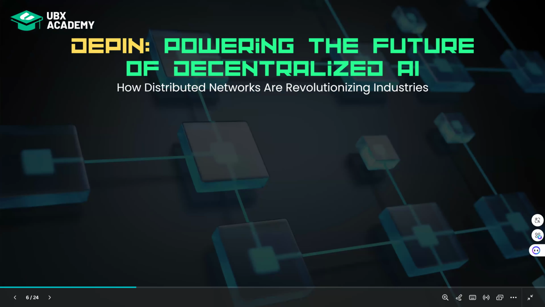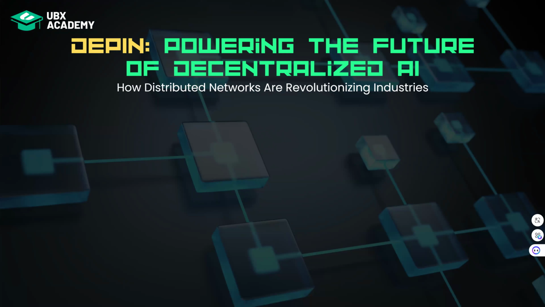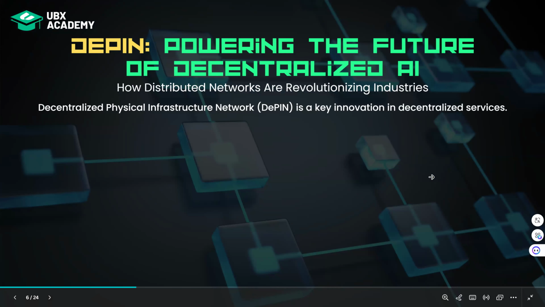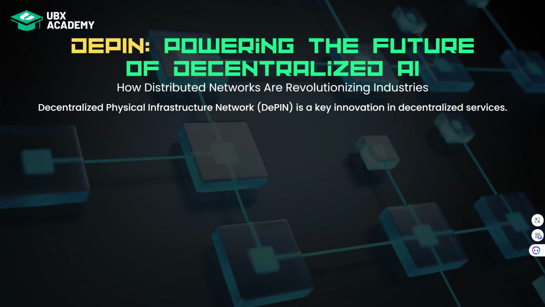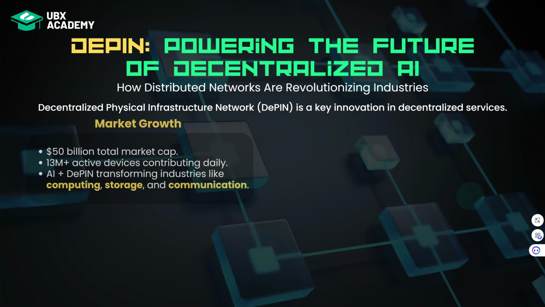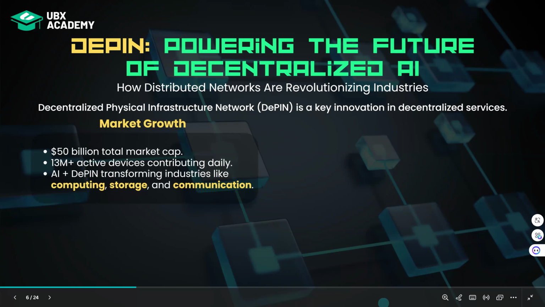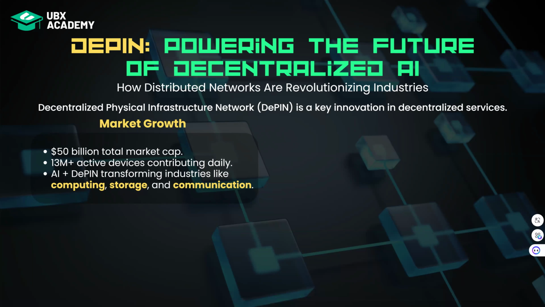So as we look towards the future of technology, one theme becomes very clear. The combination of decentralized infrastructure and AI is reshaping the way we build, connect, and innovate. At the heart of these transformations, there is DePIN, which means decentralized physical infrastructure network. It's a key innovation in decentralized services. DePIN actually bridges the blockchain with real-world infrastructure, solving practical problems and creating scalable